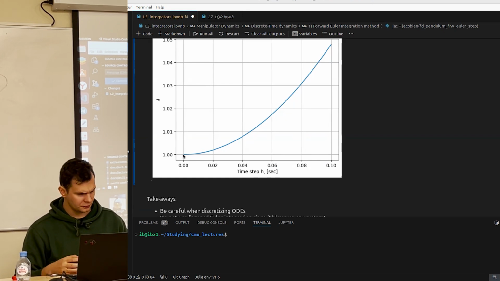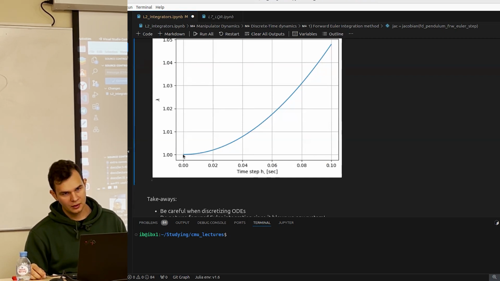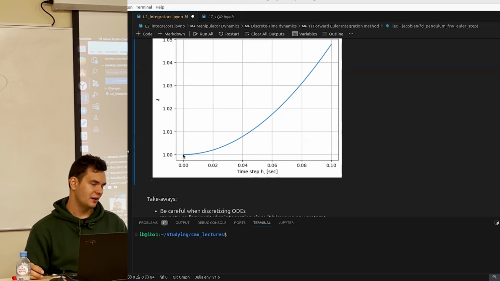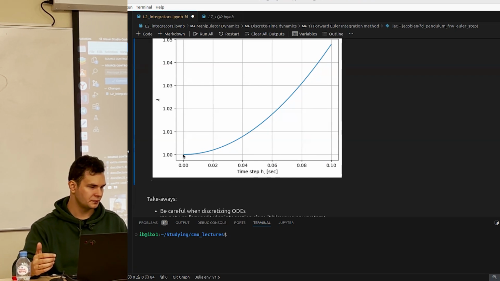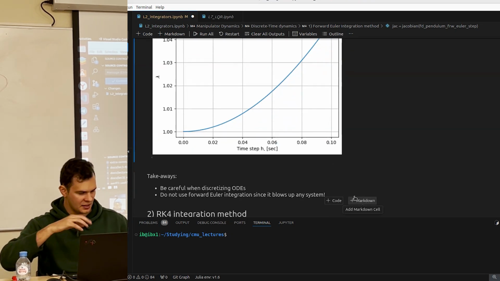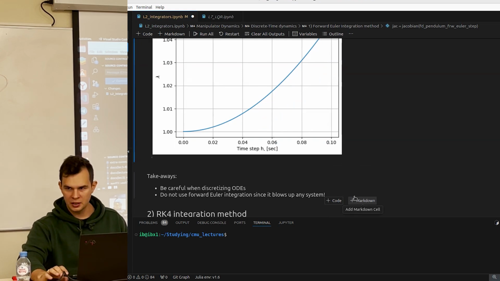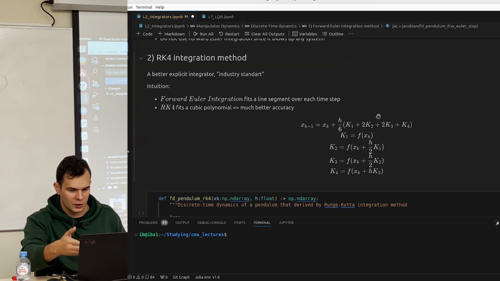And if you have hardware which is slow, and you cannot allow yourself a proper frequency, in this case your system will just blow up if you use this forward Euler for your controller. So this is the main idea, why that is, and the whole derivation. Please take a look at the course that I mentioned. It will be in the chat. I will add it. So basically Runge-Kutta,